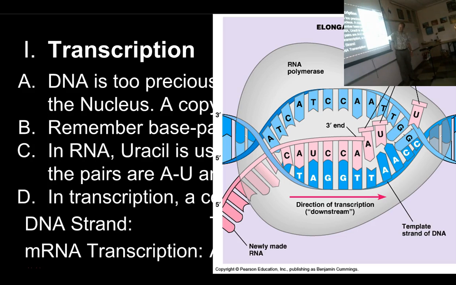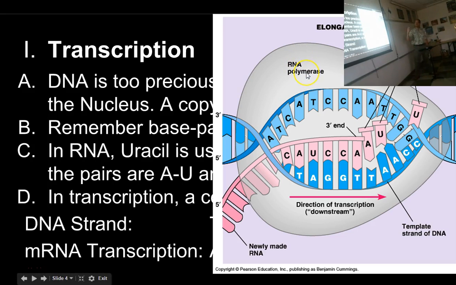So again, TAG would become CAU, GTT would become CAA, and as it reads, it creates this messenger RNA strand that comes off the back. And then after it's read, the DNA is allowed to wind back up again. Okay, so you've got to open the book, make a copy, and you close the book up. And the name of the enzyme that does that is RNA polymerase. You don't necessarily need to know that, but that's the name of the enzyme that does this.